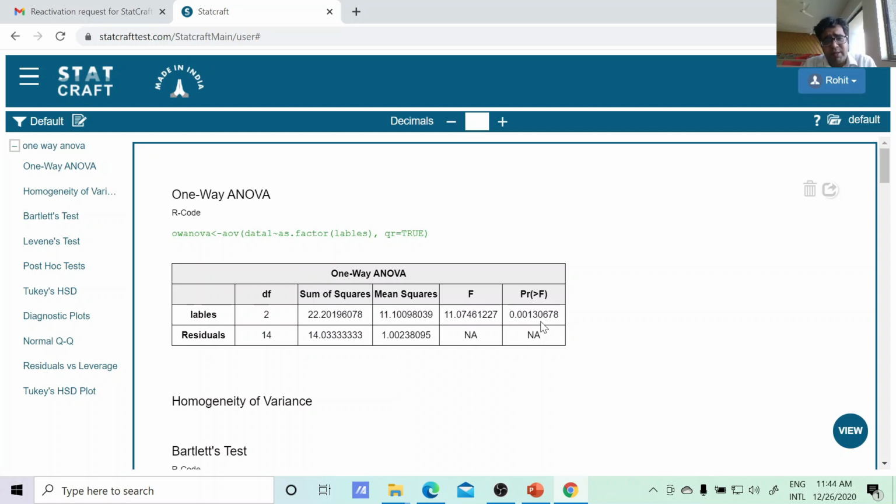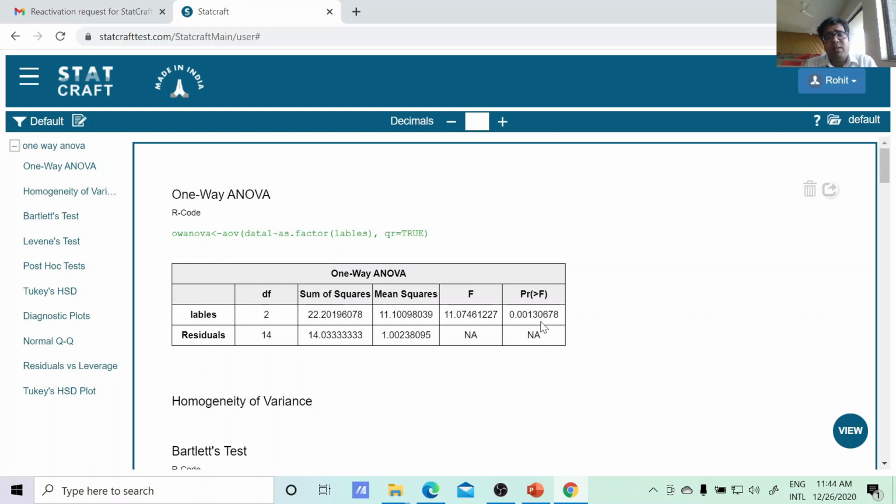Again, I am preparing the hypothesis for this sum. Here mu1 equals mu2 equals mu3, that is your null claim, the null hypothesis. If there are three groups, you are saying that the population mean of group 1 is equal to the population mean of group 2, which is equal to the population mean of group 3, and the alternate would be that the population mean of any of the groups would differ.